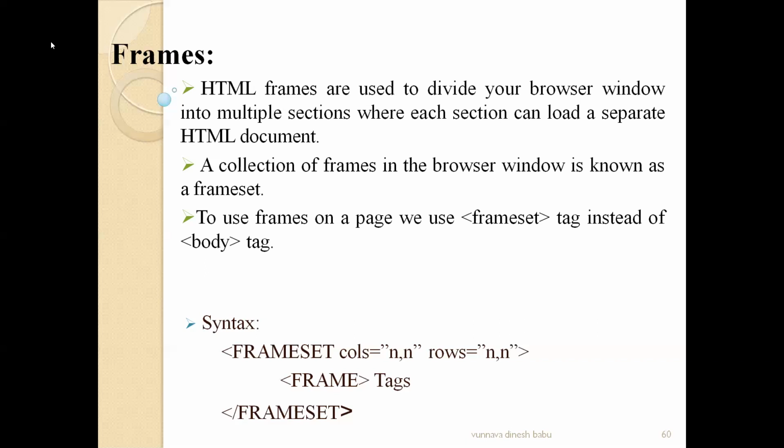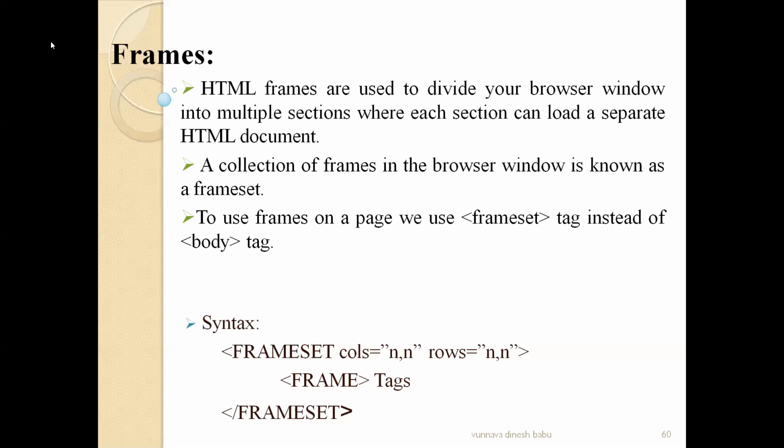And inside that frameset tag, we are going to use a tag called frame. This particular frame tag will display some other HTML document in each and every section. Don't worry, I will show how to use the frameset tag, how to use the columns attribute, how to use the rows attribute, and how the frame tag under the frameset tag is useful while we are dealing with the concept of frames in HTML. I will show everything by using an example at the end of the theory part regarding frames. Right now, everything is clear, I think.